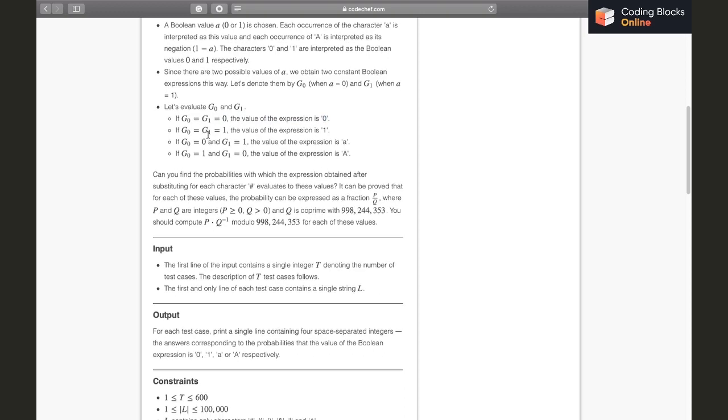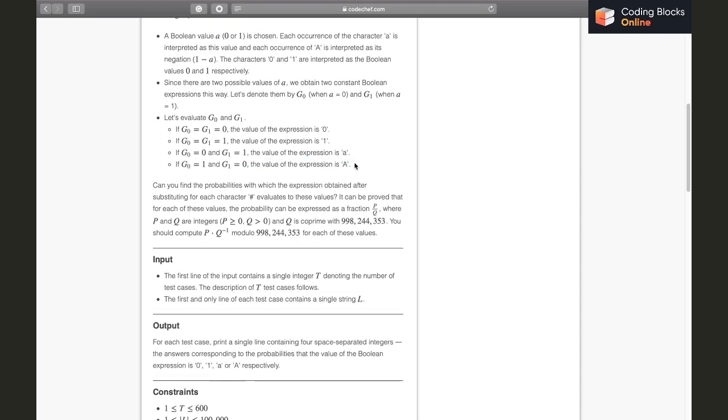And if g0 equals g1 equals 1, the value of the expression is 1 irrespective of the value of a. If it's 0 for 0 and 1 for 1, then the value of the expression is a. And if it's 0 for 1 and 1 for 0, then the value is the negation of small a, which is capital A. So it's just a fancy way of explaining it.